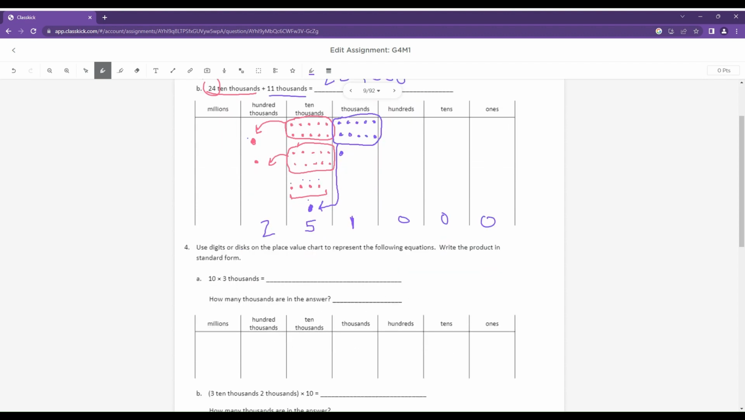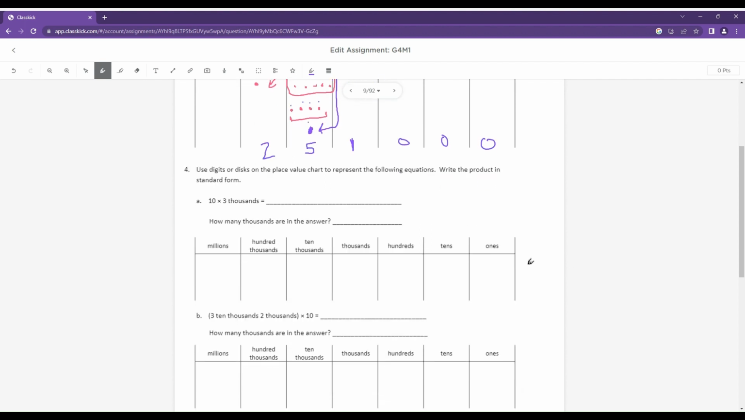Number 4 says use digits or disks on the place value chart to represent the following equations. Write the product in standard form. So 10 times 3 thousands. So I'm going to put 3 into my thousands. 1, 2, 3. But when I multiply them by 10, I'm moving them over to the next largest place value. So these 3,000s, when I multiply them by 10, they're going to move over here into the 10,000s place